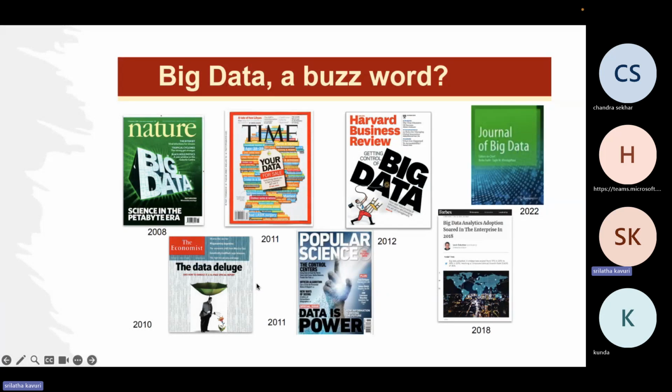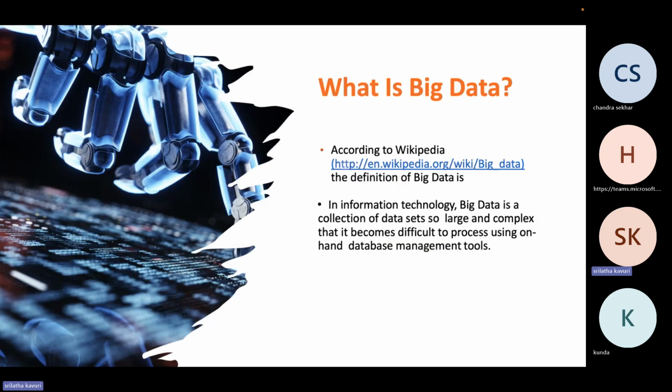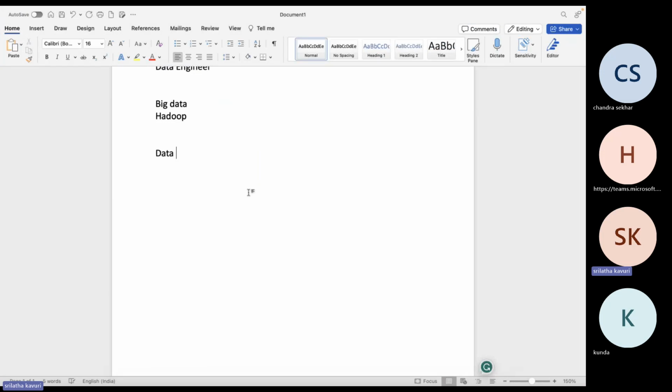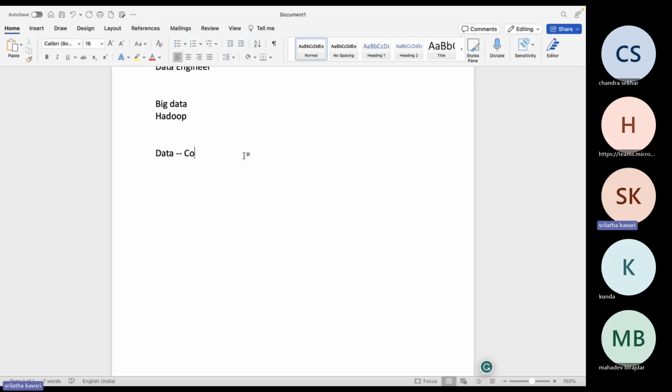We'll be listening to big data analytics and processing, etc. So this is a buzzword almost from 2 decades, not just from 1 decade. So what exactly is big data? Generally, what is data, first question. Data is nothing but a collection of information, right? But instead of information, we should be using the term collection of raw